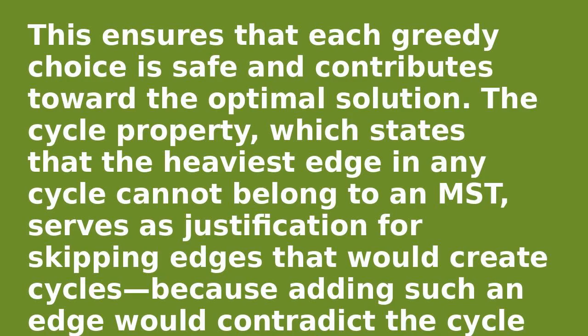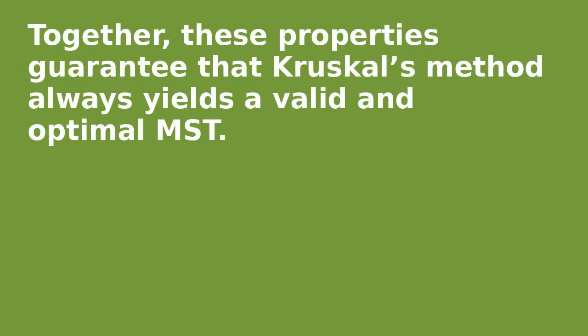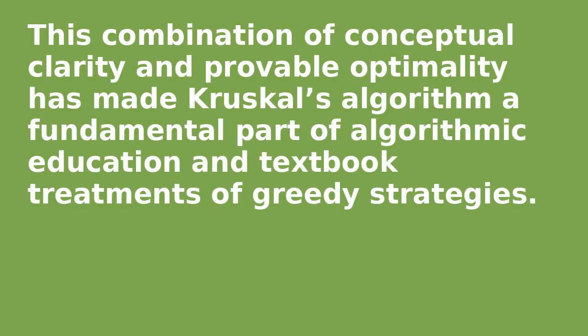The cycle property, which states that the heaviest edge in any cycle cannot belong to an MST, serves as justification for skipping edges that would create cycles, because adding such an edge would contradict the cycle property by introducing an unnecessary, heavier connection. Together, these properties guarantee that Kruskal's method always yields a valid and optimal MST. This combination of conceptual clarity and provable optimality has made Kruskal's algorithm a fundamental part of algorithmic education and textbook